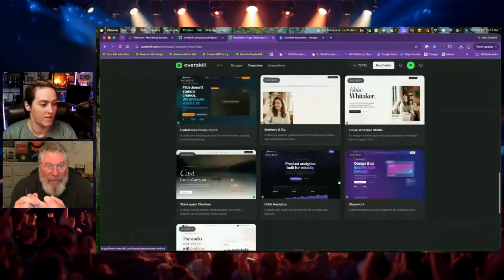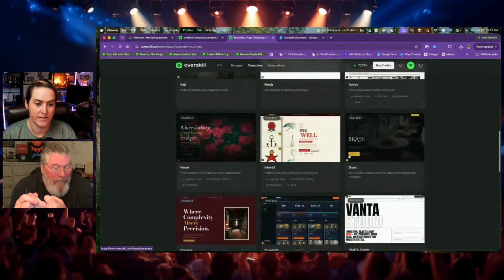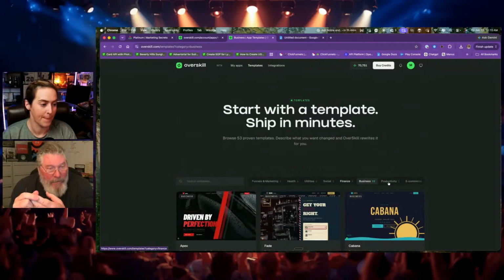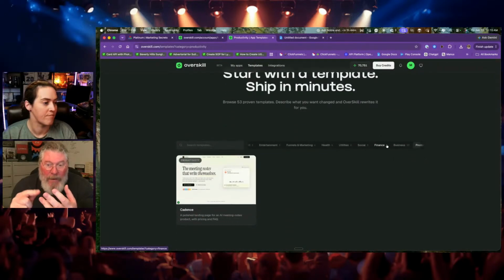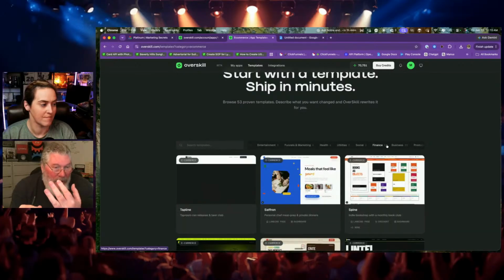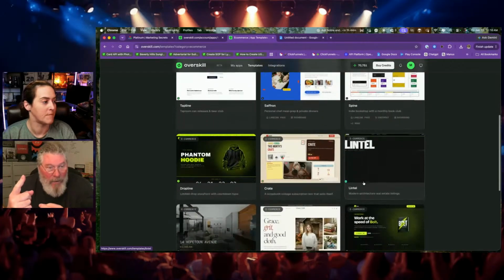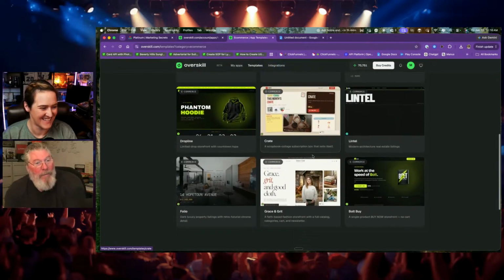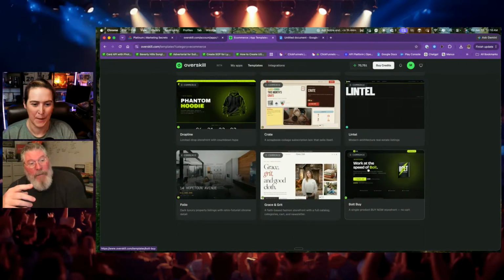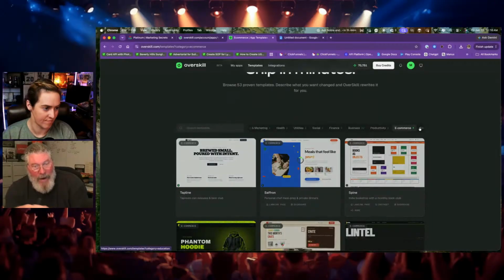You're going to have to send out your emails, so you're going to have to pay for SendGrid. Yep, you're going to have emails that you're sending out. And very quickly, you start adding all that up, including the cost of Overskill. And to build a singular website, it's going to cost you more than the $97 a month you're going to give to ClickFunnels to have everything all in one place,